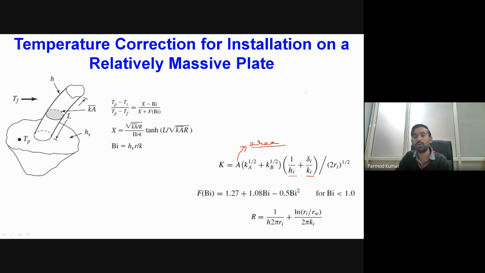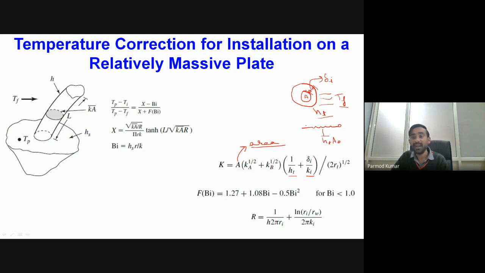I have already told you that in the thermocouple we will be having this effective area as A, and outside that we will be having delta I insulation. So the thickness of insulation is nothing but delta I. From the outer surface of this thermocouple, we will be having convective heat transfer into this flowing fluid, for which we have considered Ht as the coefficient of heat transfer and Tf as the temperature of the fluid. From the surface to this flowing fluid, we will be having one resistance, that will be nothing but our convective resistance 1 by Ht into A outer.